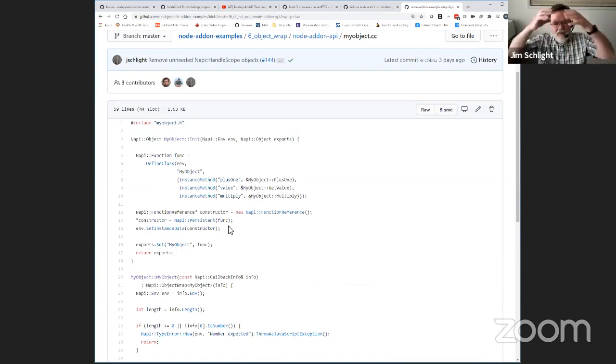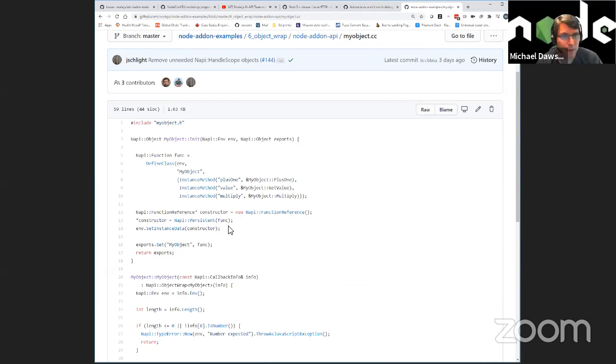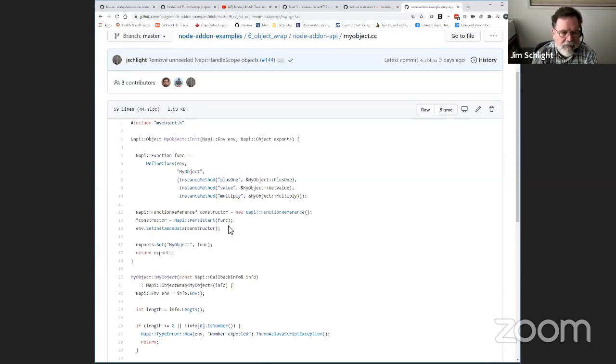So one idea would be to put JS docs in here. You could, that might be the best way to do it. Put JS docs with each C++ function. That would probably be the best approach, I would think. It would be kind of odd putting JS docs in a C file. Yeah.